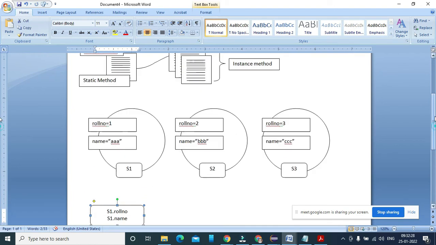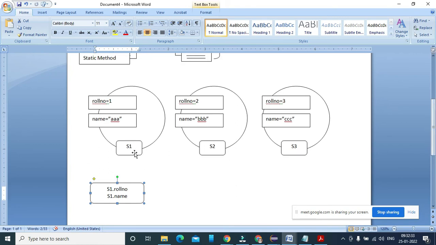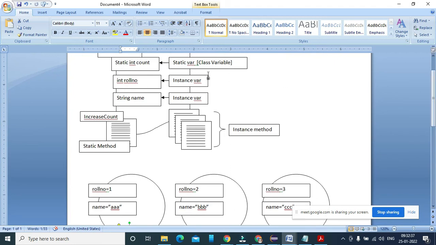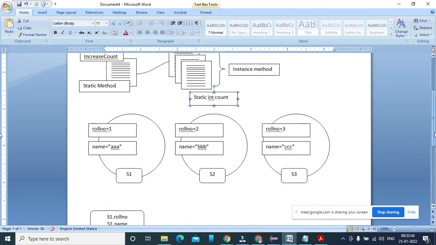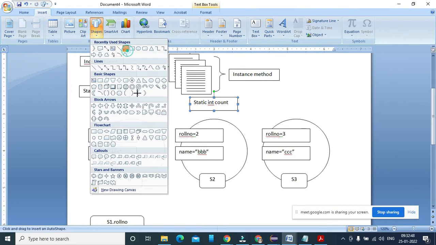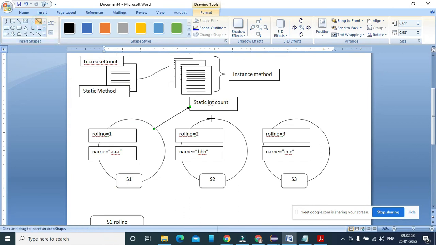But in case of count, S1 is sharing the variable. So sharing is important, and for all these three objects there is no separate copy, only a single copy shared by all the instances. Sharing is taking place.